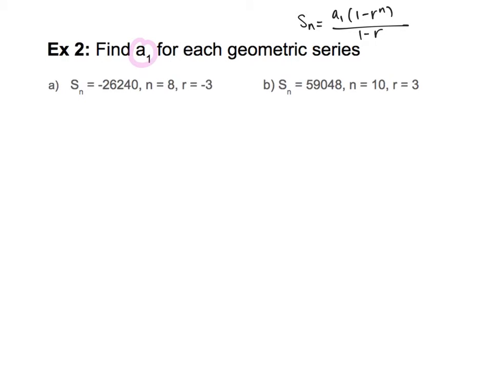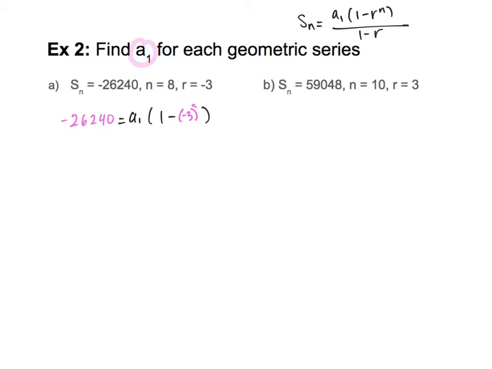Okay, we're going to be using this formula and plugging in everything that we have so that we can solve for the first term. So if I plug everything in, I have S_n, but I know what S is, negative 26240, equals my A1, I don't know what A1 is, times (1 minus r), where r is going to be negative 3